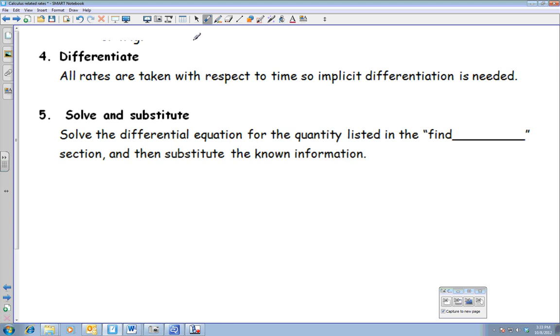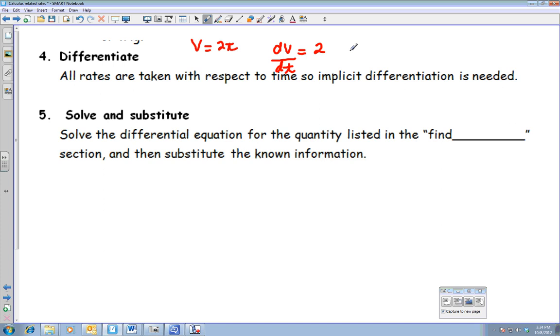If I have v equals 2t, that's not a very good example, but I said find the derivative with respect to time. The derivative of v with respect to time equals